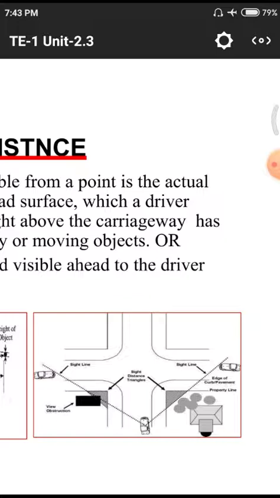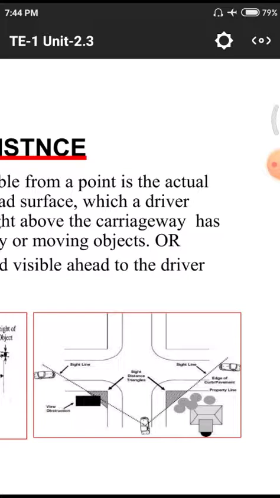On those two opposite lanes, different vehicles are traveling. Particularly, we need to observe both sides to see what vehicles are coming. On the left side, what vehicles are coming and what distance they are maintaining from that point, and on the right side, what vehicles are coming, the intensity of the vehicles and the distance from the vehicles, we need to observe with our naked eyes.